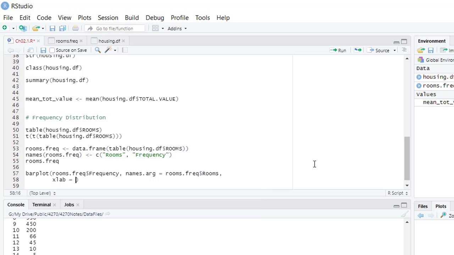But in the specialized package called ggplot that we will be using in chapter 3, this is done in a slightly different way, but we will worry about that at that time. Okay, so the x label is number of rooms, right? And then